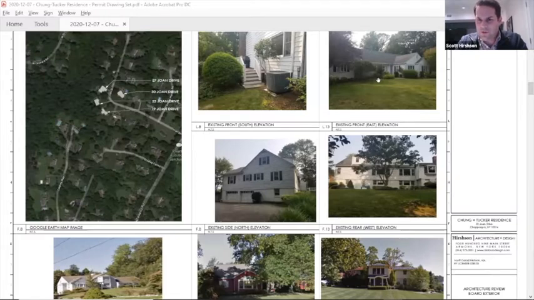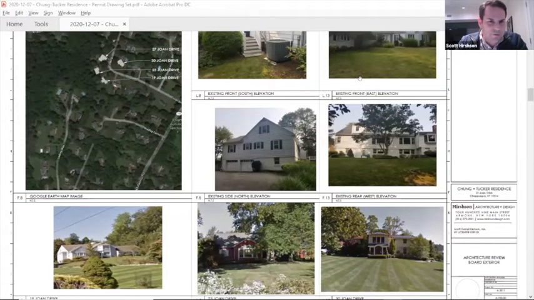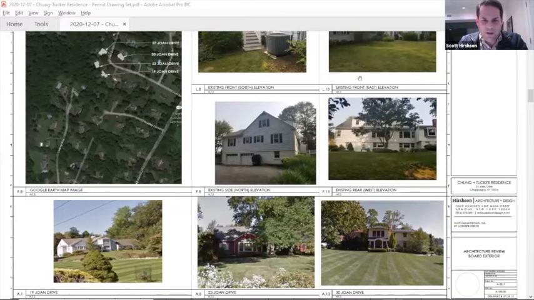What is slightly obscured is that there's a little bit of stonework that we do plan to reuse on site, but it is largely a white vinyl siding, black shutter, very consistent with some of the other original homes, such as number 27, number 23, our immediate neighbor on Joan Drive, as well as number 19, showing you some of the additions that have been done to other homes. And then, of course, there's 30 Joan Drive, our direct neighbor across the street, who has a more Mediterranean